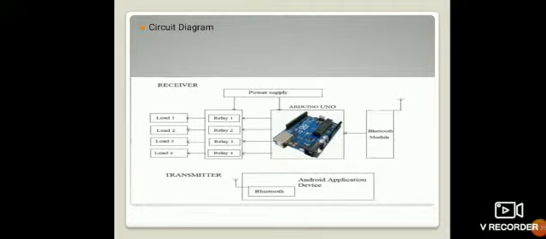Firstly, we are using the Arduino, which has a transmitter and receiver, and the Bluetooth module also has a transmitter and receiver. The transmitter of the Bluetooth is connected to the receiver of the Arduino, and the receiver of the Arduino is connected to the transmitter of the Bluetooth. Then the Arduino is connected to relay 1, relay 2, relay 3, and relay 4, because we are using a 4 relay circuit. The 4 relays are connected to the supplies, that is, appliances. For example, we are using a light. Power supply is given to the Arduino and relay 1.